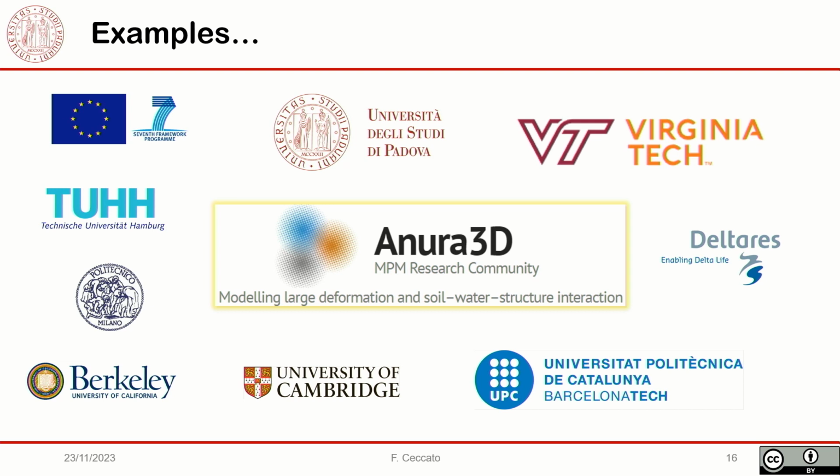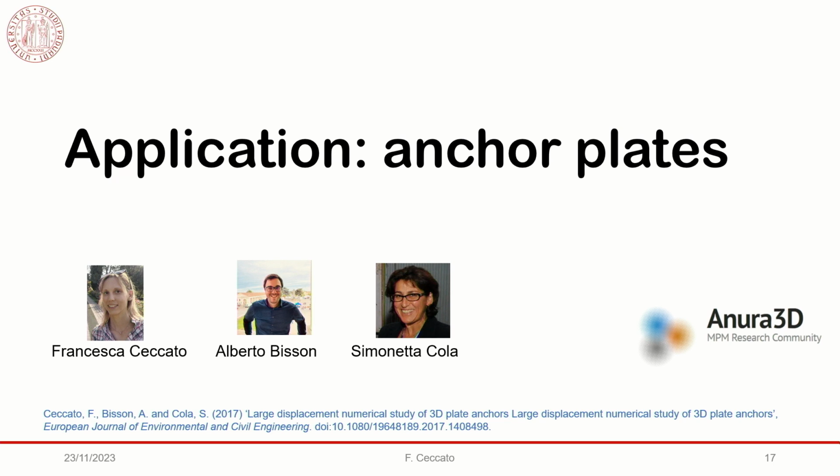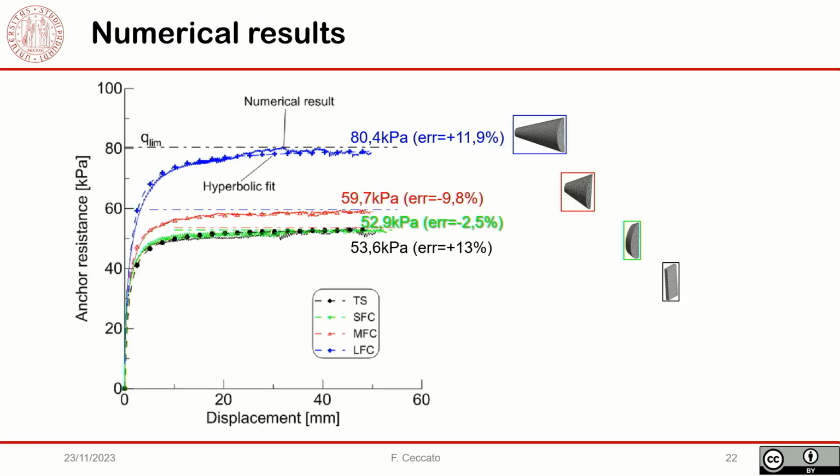The code that I'm using, and of which I will show you some examples now, is Anura 3D, which is open source, and it was initially developed in the framework of FP7, a European project, and it is now developed by the community of this university and research center that you can see here. Since I don't have much time, maybe I'll skip this and come back later